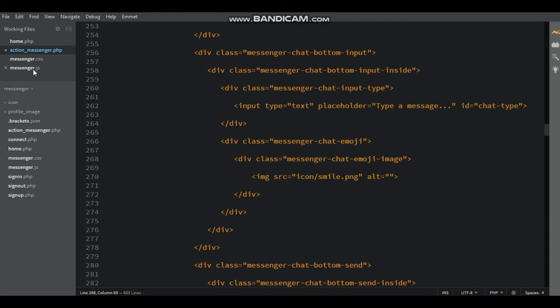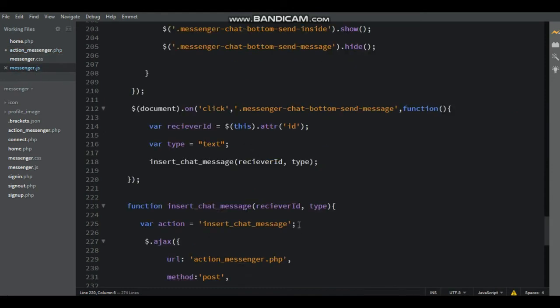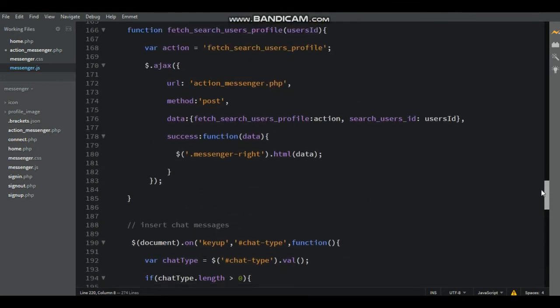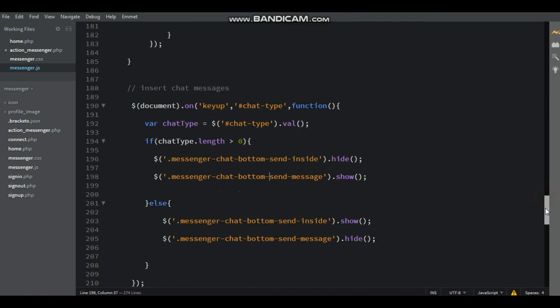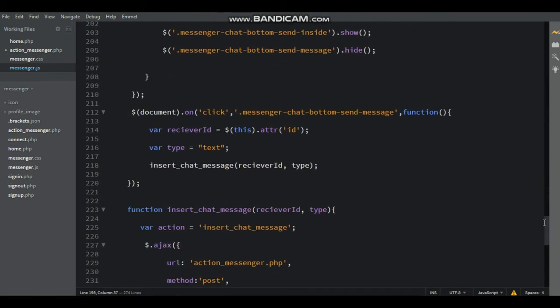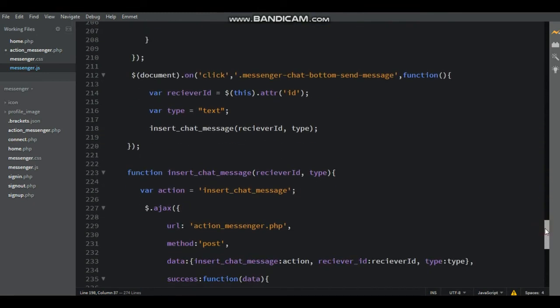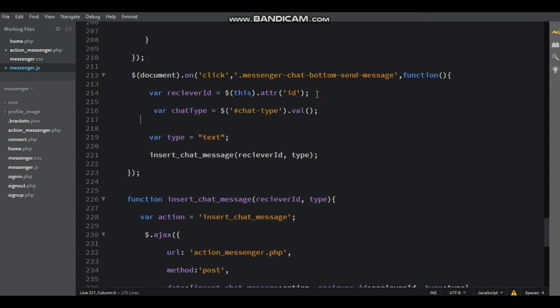Go to the messenger.js file. Here I forgot, just copy the variable chat type. Here that is paste inside the insert chat messages. Paste inside the on click messenger chat bottom send messages.